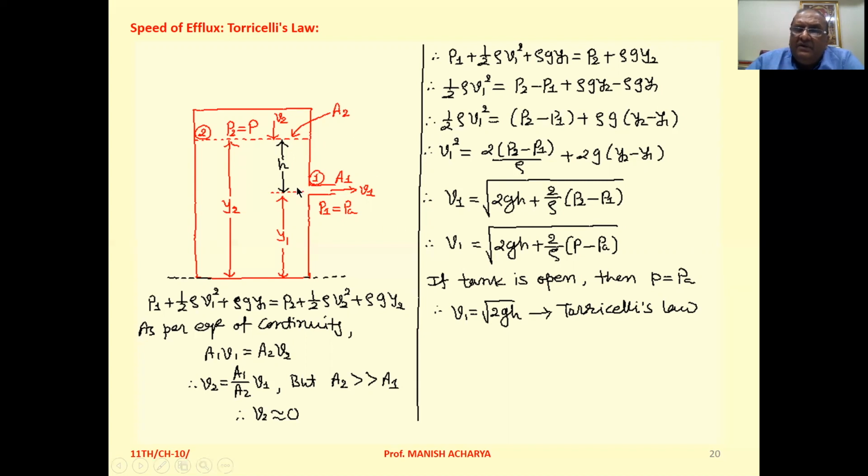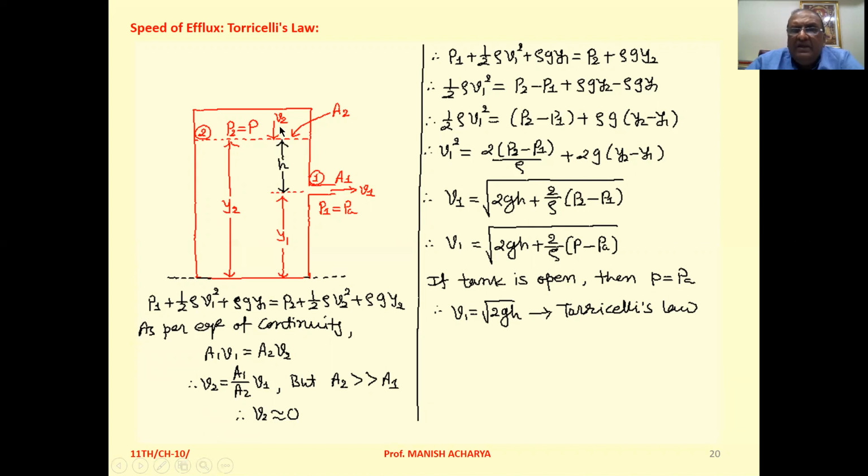If the liquid is coming out from this hole with velocity v1, then inside the container the level of liquid will fall, and suppose that level moves downward with velocity